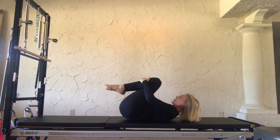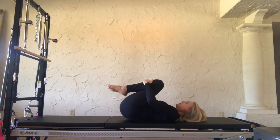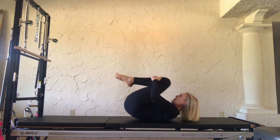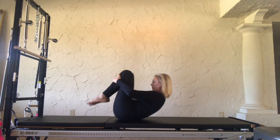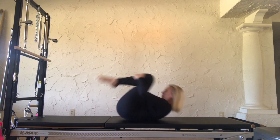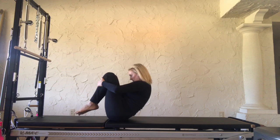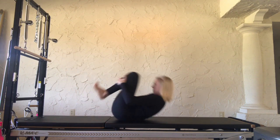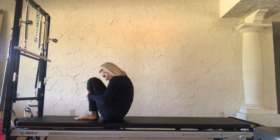Moving into rolling like a ball, you're going to pull those knees into your chest, round yourself up off the mat. So the prep could be just the head coming up and down and a small rock. And you can increase the rock until you come all the way forward to land on your feet. Scooping out that belly, stretching out through that spine, pressing in with those arms,